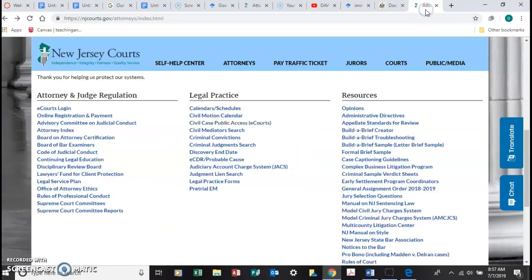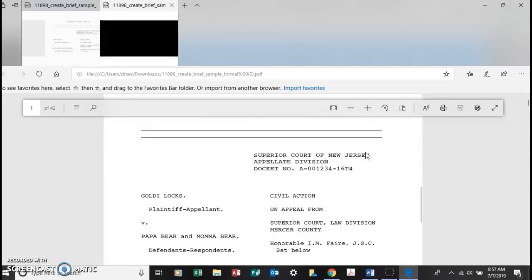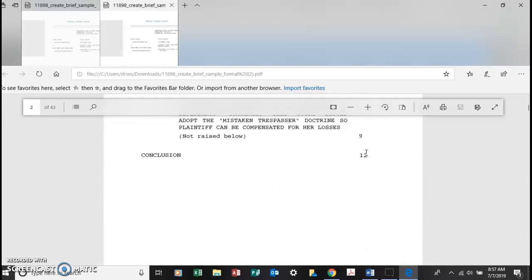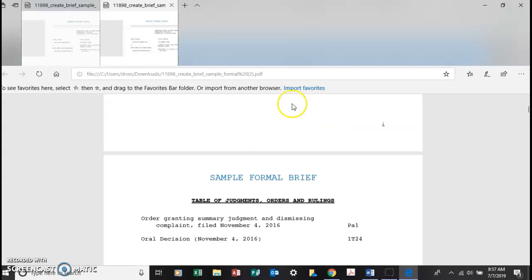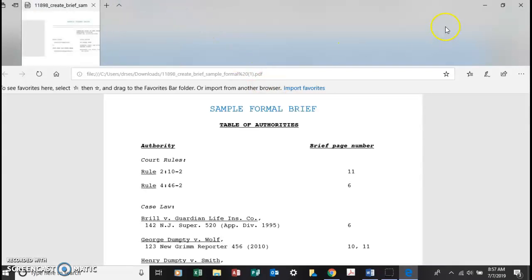Well, in addition, I navigated to New Jersey Courts Online. You just put in New Jersey Courts Online. Don't hit login because that will get you to where you have to pay your fee if you're an attorney. And here, there's a sample brief, which will give your students an idea of how to make a persuasive argument,